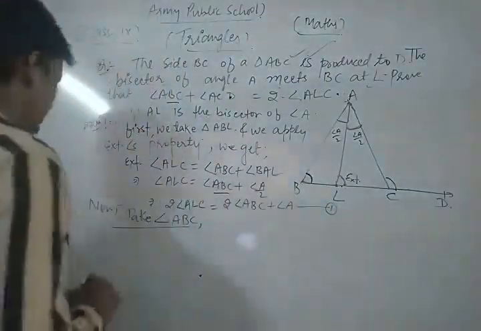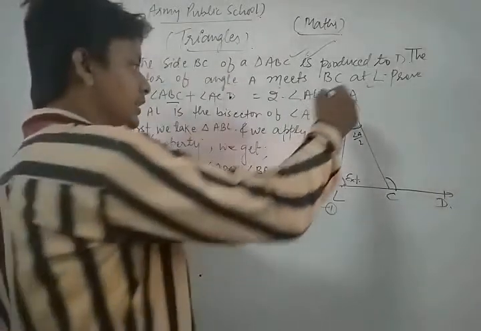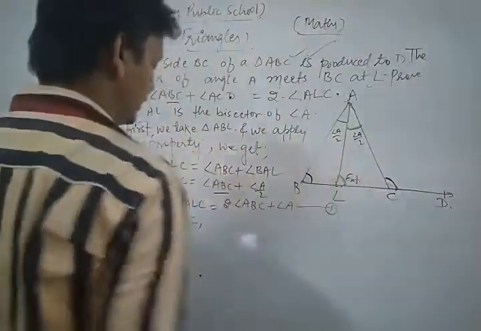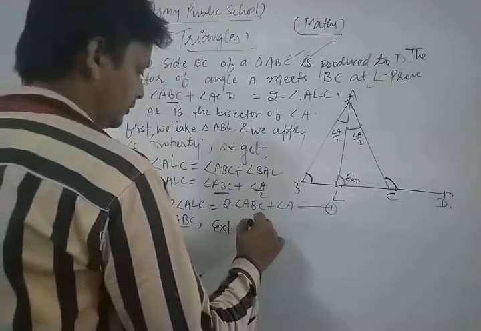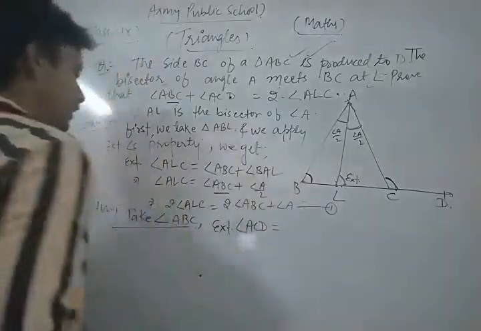Now in triangle ABC, dear students, this is exterior angle ACD. Exterior angle ACD is equal to